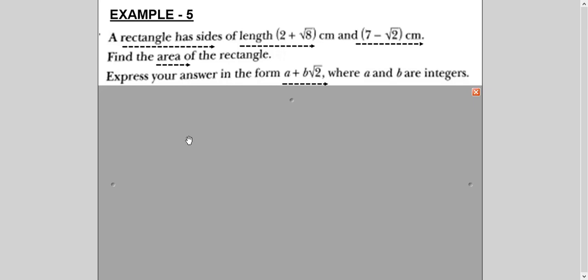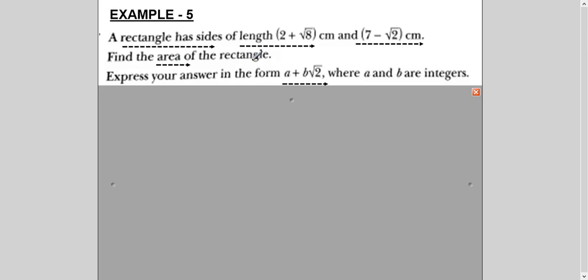Now let's see the word problem, how the word problem is used or has surds in it, right? This basically helps you to check the concept. So there are, I think, 3 more examples. A rectangle has sides of length this and this. Keyword is rectangle. What you have to find out? Area. In which form you have to find out? Area in this form. So there are 3 basic things you have to focus on. The rectangle sides are given, you have to find out area, and you have to give answer in this particular form. If you leave the answer in any other form, you will lose marks.